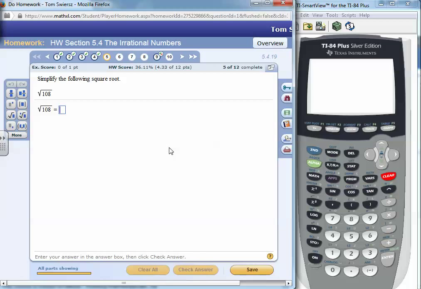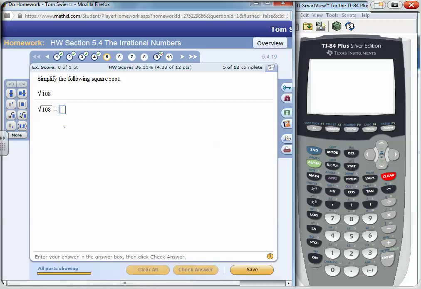Okay, 108. All right, again, calculator won't help unless we're breaking down prime factorization. 108 is 2 times 54. 54 is 2 times 27. 27 is 3 times 9. 9 is 3 times 3. So what do we have here? The square root of 108